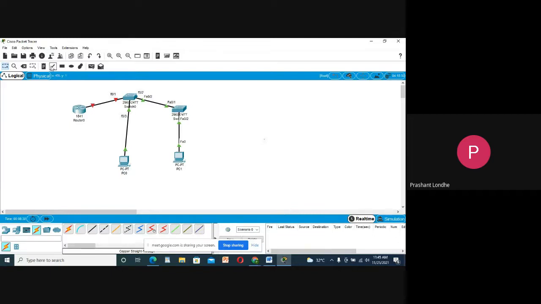Fine. F0/1 and F0/2. So this is all about the connections that I have in this kind of networking.